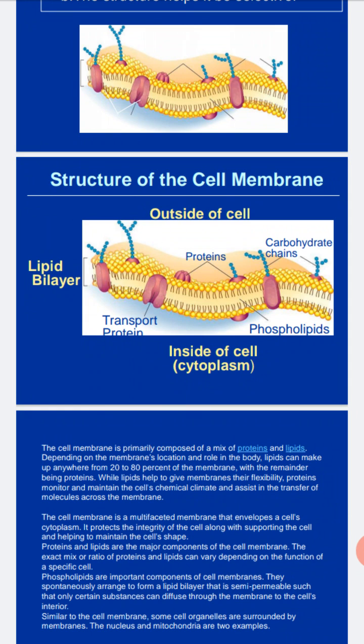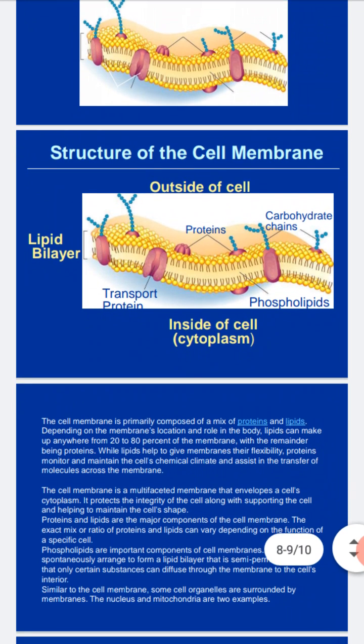The lipids, what do they give? Now fat, when we are taking fat, it is providing flexibility. And what are the proteins? They are monitoring the chemical nature. The proteins, they are monitoring the chemical nature, and lipids, they are flexible. That's why we say the membrane is elastic, it is flexible. So due to these components also, chemical nature, it also helps in the transfer of molecules across the membrane. Here you can see in the diagram the pink proteins are embedded. So they allow transfer of some molecules.